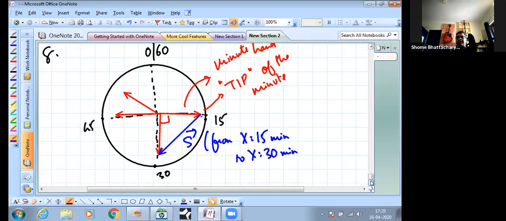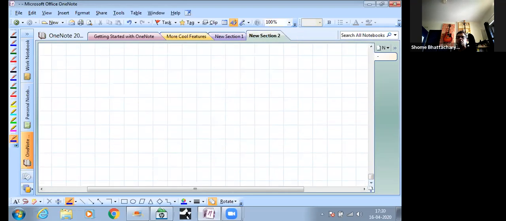Now I come to the ninth question, and the ninth question is something which is a little bit tougher. Okay. In fact, it will help us understand the vector difference concept again. So in the ninth question, again, first of all, let us understand the language of the question. So it says that you have two vectors P and Q, and no particular condition between them. So they don't have to be the same magnitude or anything like that, such that the vector R is the resultant of P and Q.